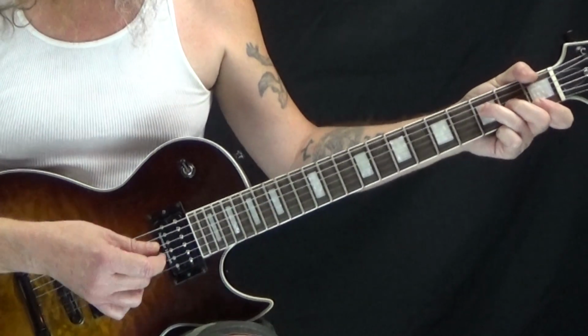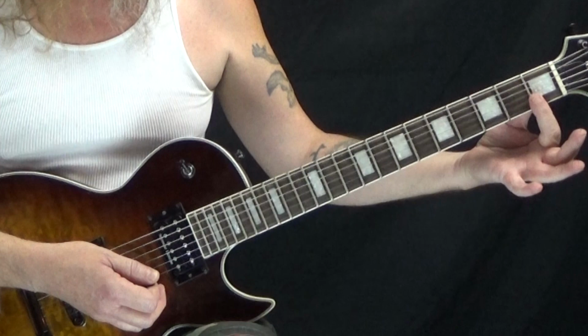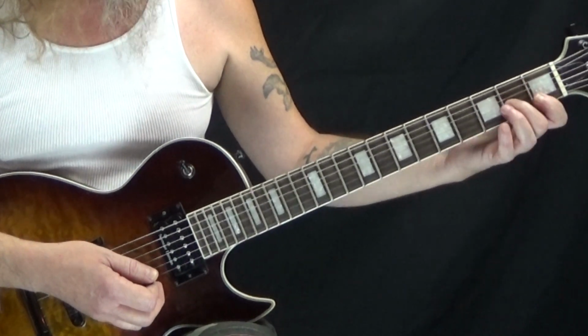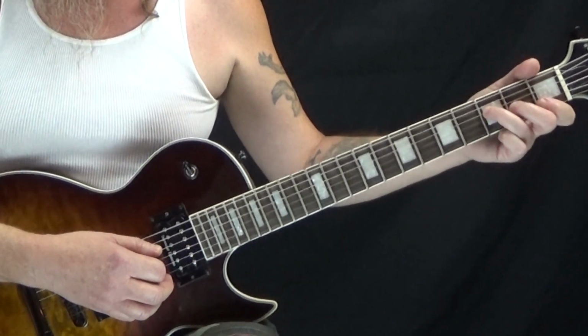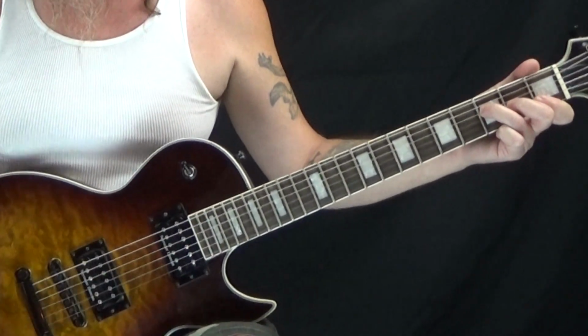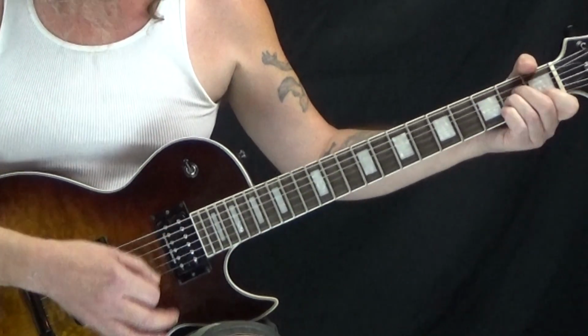have an F. So, for this F, I'm barring my first finger across the 1st fret of the high E and B string. I've got my 2nd finger on the 2nd fret of the G string, and my 3rd finger on the 3rd fret of the D string. And we strum this as a whole note tied to another whole note. So it's like 1, 2, 3, 4, 1, 2, 3, 4, and then